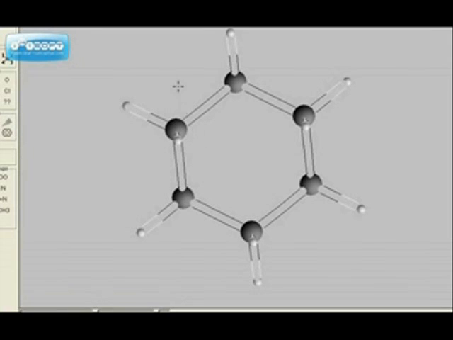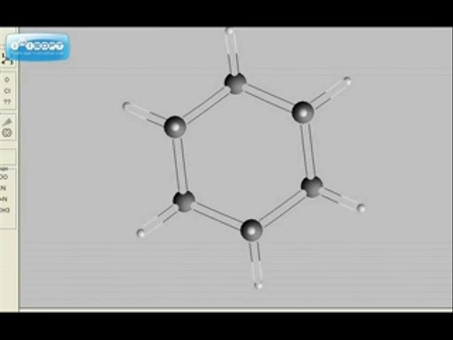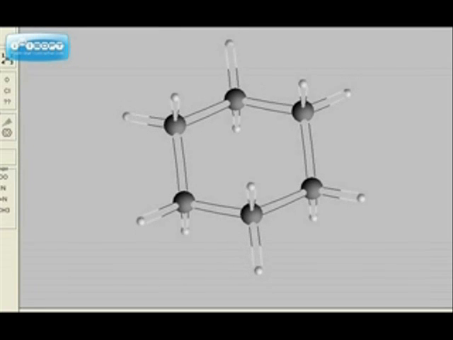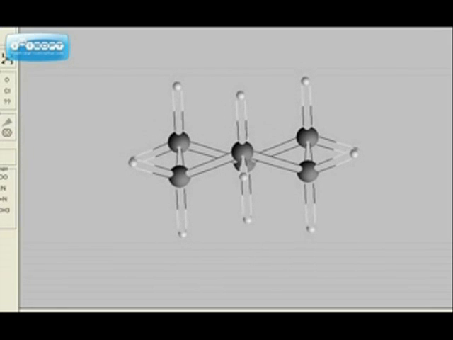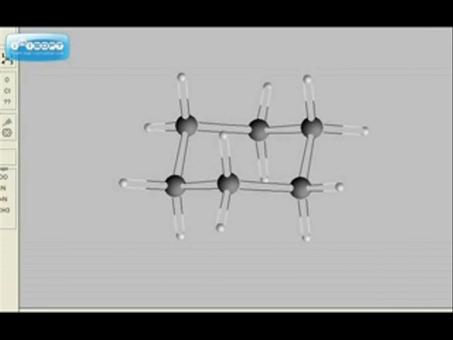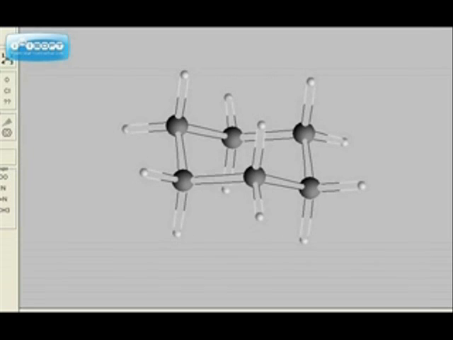I'm going to now rotate this so that we're seeing it in 3D shape, and then you'll be able to see what I'm talking about when I say that it's kind of a hexagon on the top view, but when we move it, it takes tetrahedral geometries as strongly as it possibly can. So here we are starting to rotate this molecule, and we're going to start to see the tetrahedral shape appear. Alright, and now you can see that each carbon has kind of taken this tetrahedral geometry as strongly as